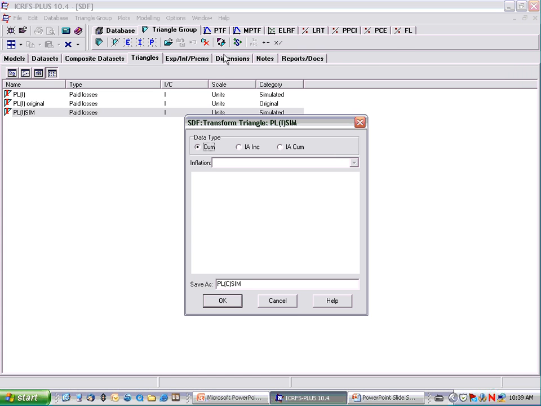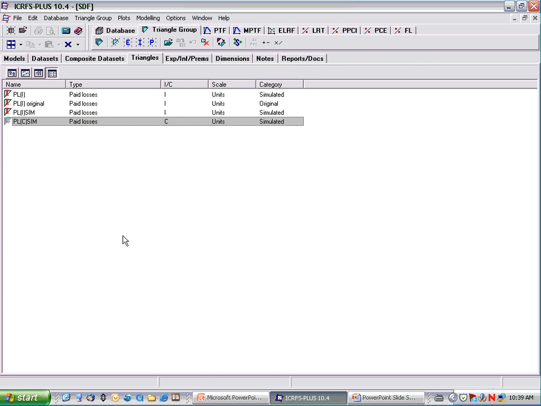Click on that. You're going to create cumulative. It's going to be called PLC Sim. Okay, just another way of doing it. If you now go either to the Datasets tab,